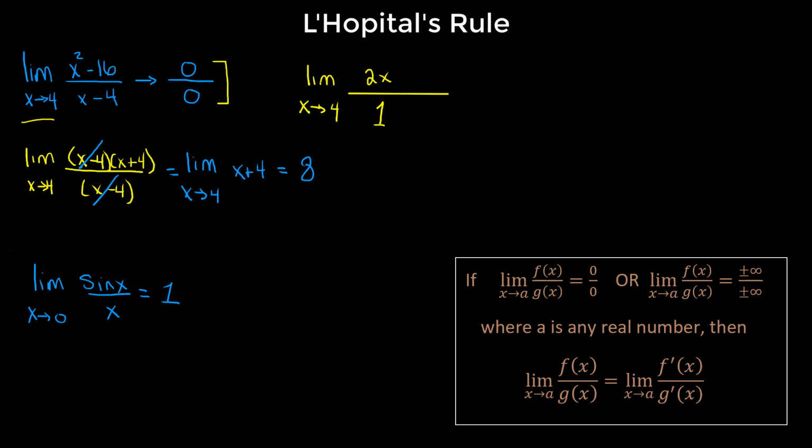If we were to compute the limit as x approaches 4, we wouldn't receive an indeterminate form. We would receive an actual number. And so if we were to plug in the number, that would be 2 times 4 is 8 divided by 1. Hey, that is still 8. And notice, these are the same. And so I hope that starts making a little sense as to how L'Hopital's rule works,